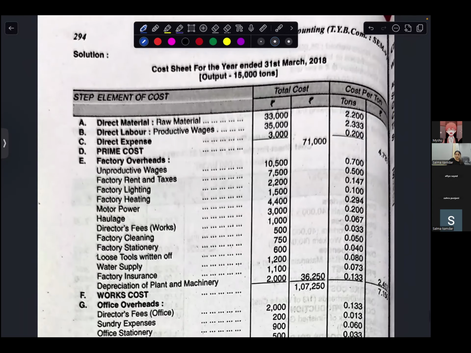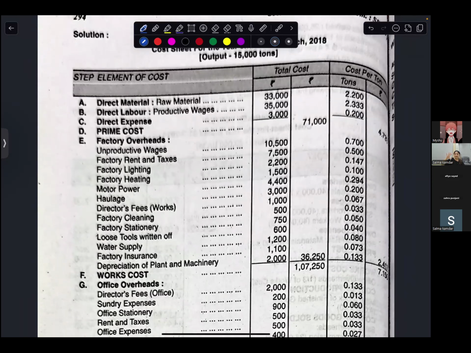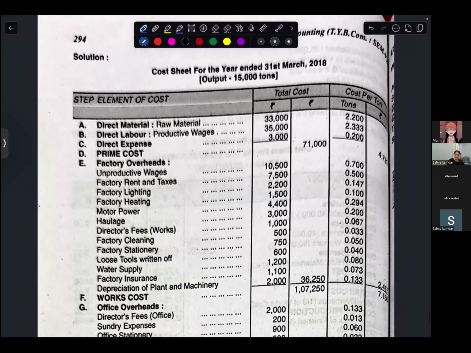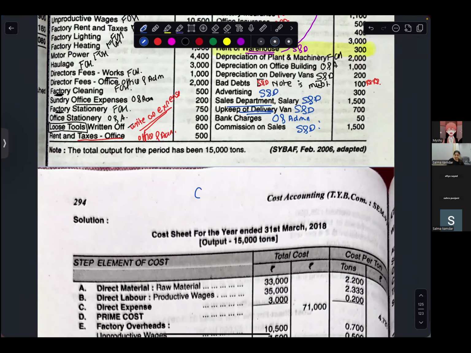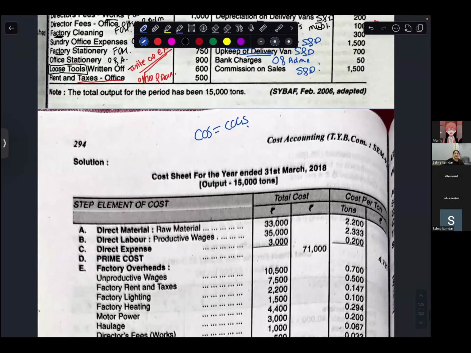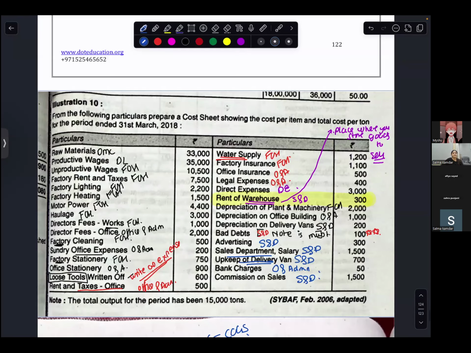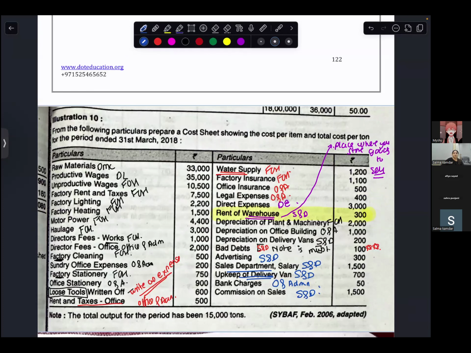You will keep that format that I had asked you to make and then try to do this. There is no opening work in progress, closing work in progress, opening stock of finished goods and closing stock of finished goods. Since that is not there, cost of sales is equal to cost of goods sold. I hope I'm clear. Come on, prepare. I think the first sum was harder than this one. I'll wait for you. If possible, please share your screen.